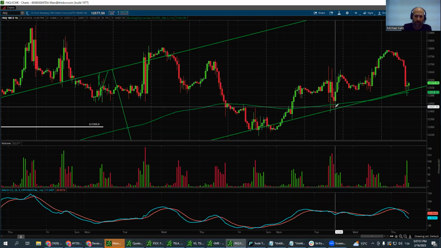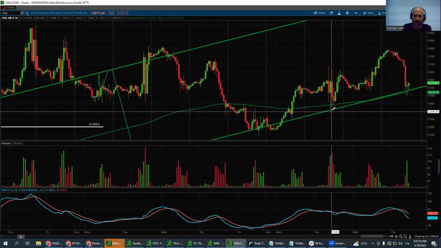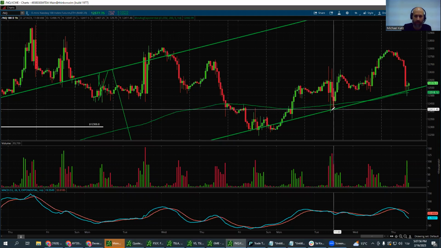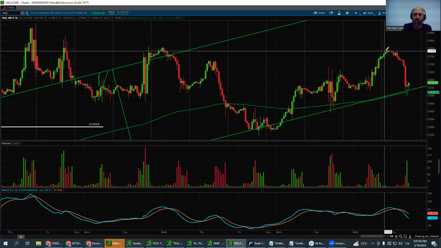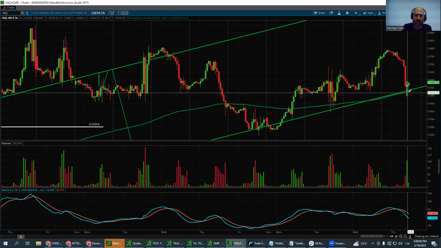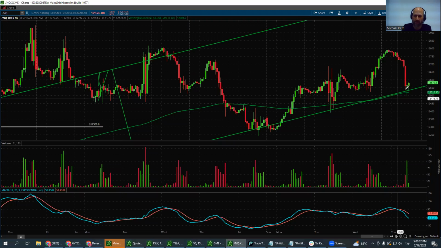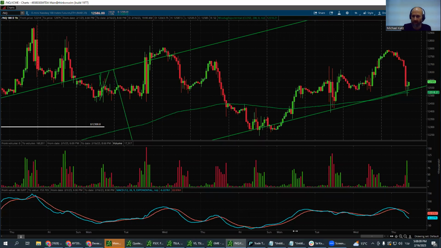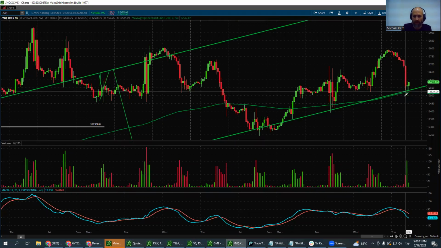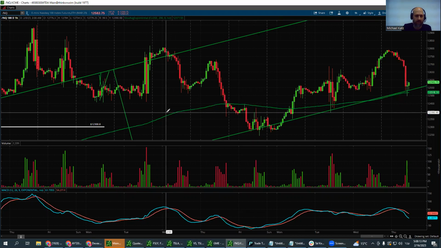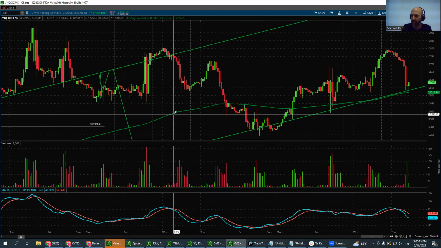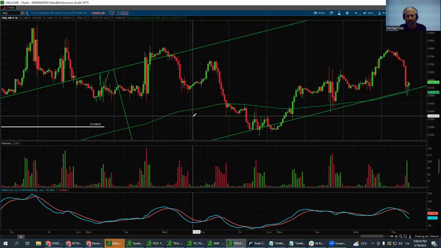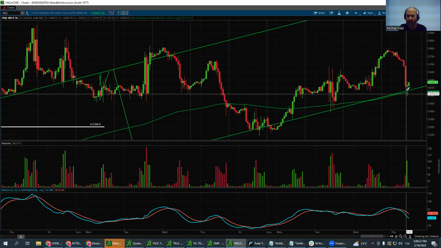Two days ago, when the data came out, it put a tail on it, went all the way up, and now dropped again to the same level. So you can see it pretty clearly and nicely. The channel is working perfectly. And right now we are playing with the 200 EMA. That's the green line here. The 200 EMA, exponential moving average, is what I usually work with, along with the channel.